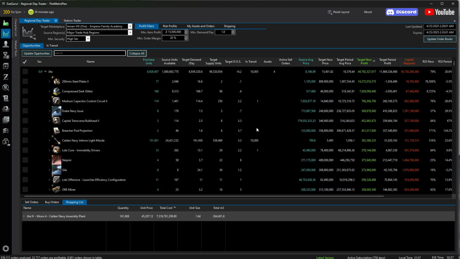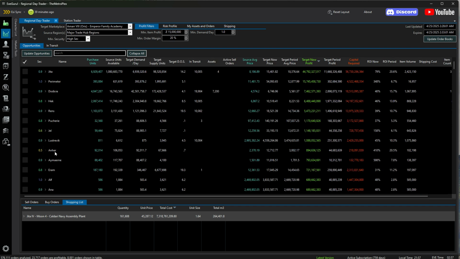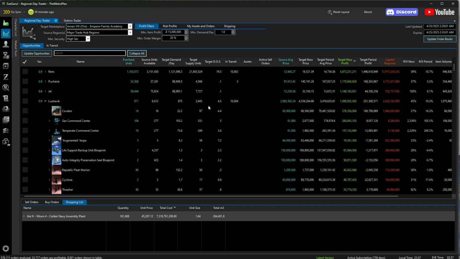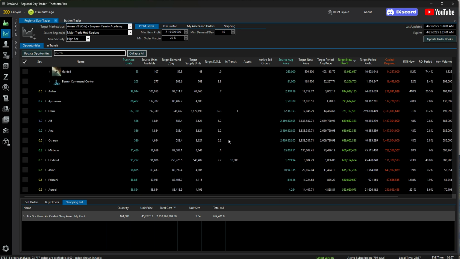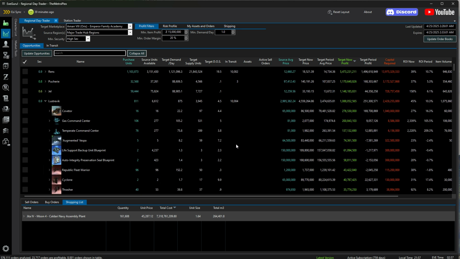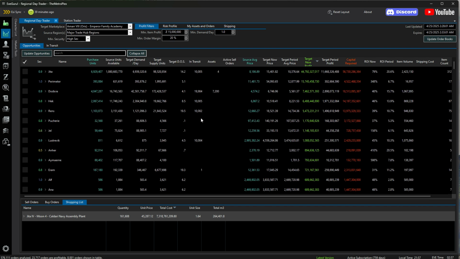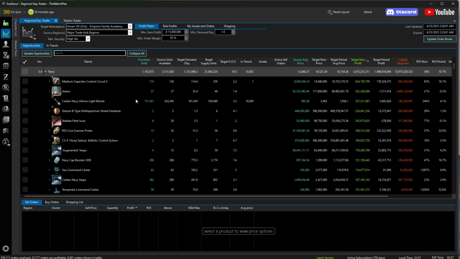And what this makes sure is that I don't accidentally buy the same thing in all these different systems. See, so even in Lestravik, these missiles, wherever they are at. Oh, there are no missiles here. Let's see, can I find another example? Yeah, here we go. So again, I could purchase the 151,000 Caldari Navy Infernos here,